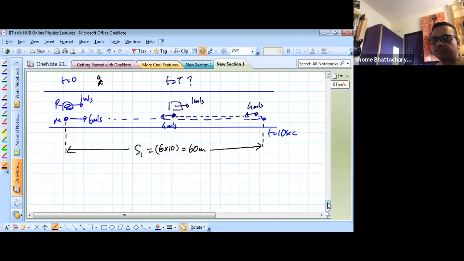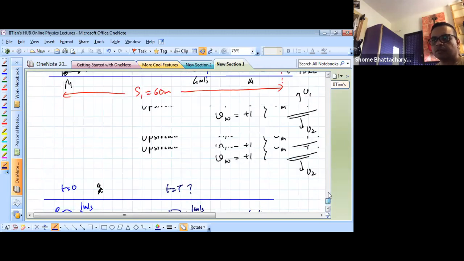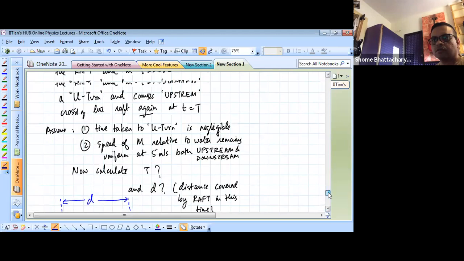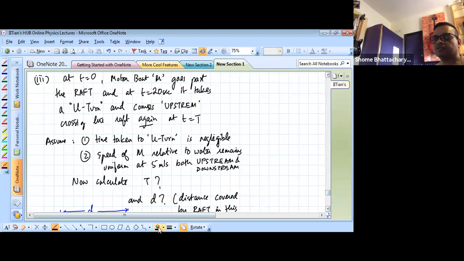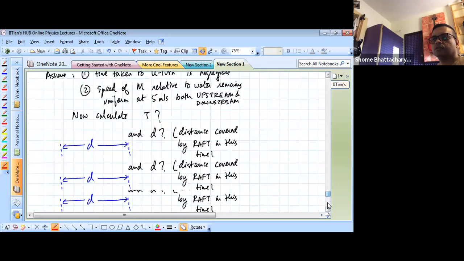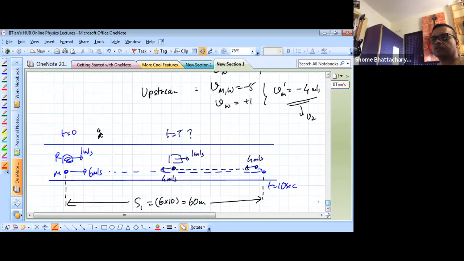Oh, the initial time was 20 seconds. Yeah, just a minute. Let me check. Oh, sorry. Just make a correction here. I've been solving for 10 seconds, so let's solve it for 10 only. We'll get a different answer. Make this t equal to 10 seconds. Suppose we make this 10 seconds. Then